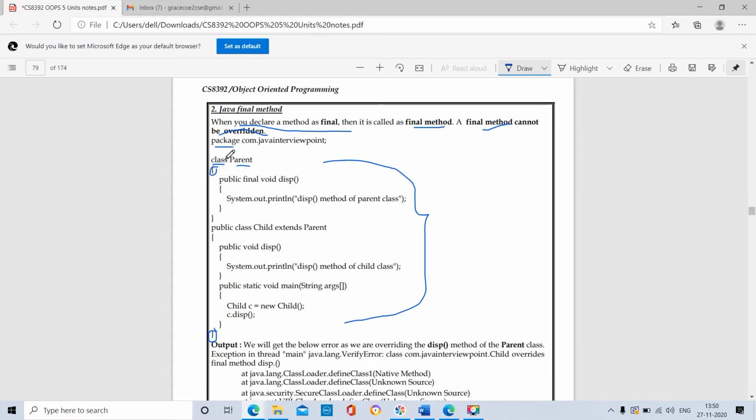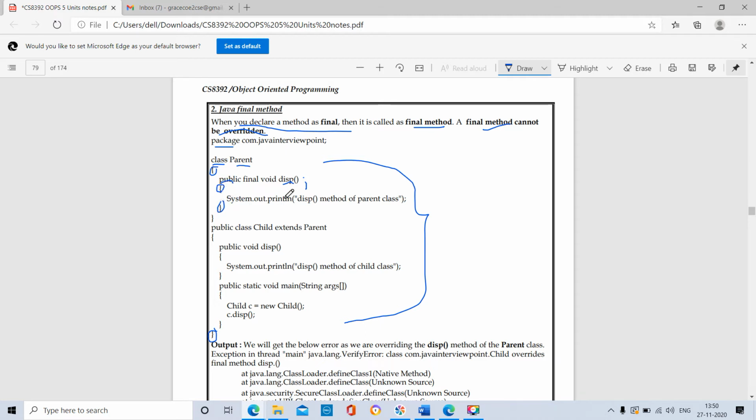In the class Parent, we have a public access specifier method display. Public is the access specifier, void is the no return data type, and display is the method name, open bracket, close bracket. We don't put a semicolon here, so it is a method definition. Method definition means we have the body of the method within the open curly brace and close curly brace.